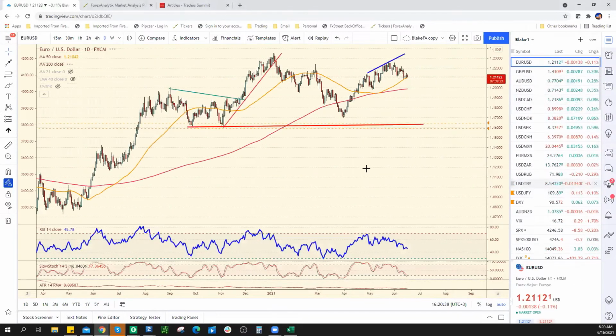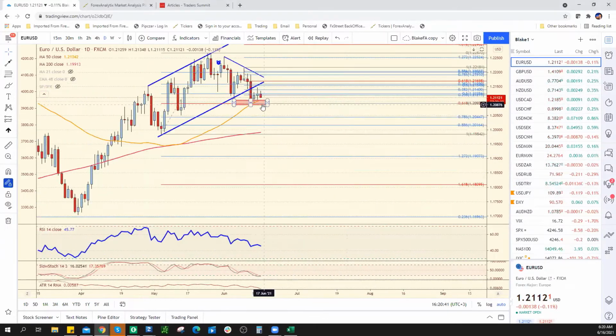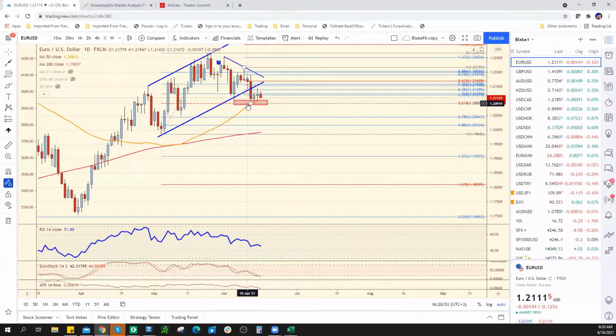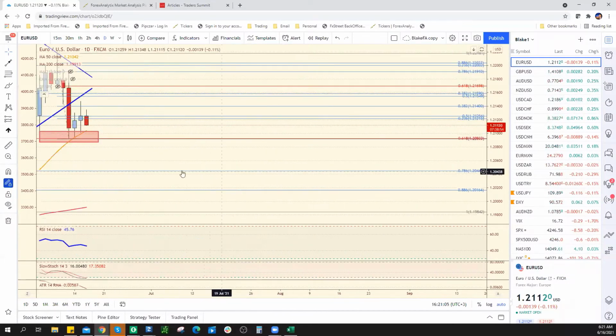Let's talk the euro. So the euro is on its lows on the session. A break below 120.90 would be bearish. You guys know that's the case because that is the 618 retracement right here. Okay, so a break below 120.90 would be bearish. Resistance today, intraday, is at 120, and it's going to be that 618 retracement here.